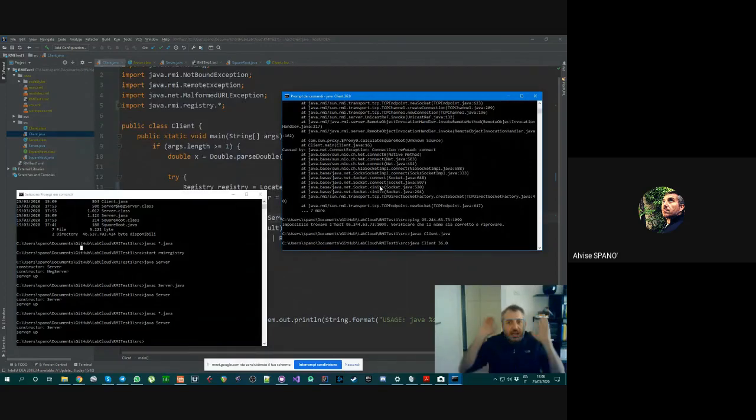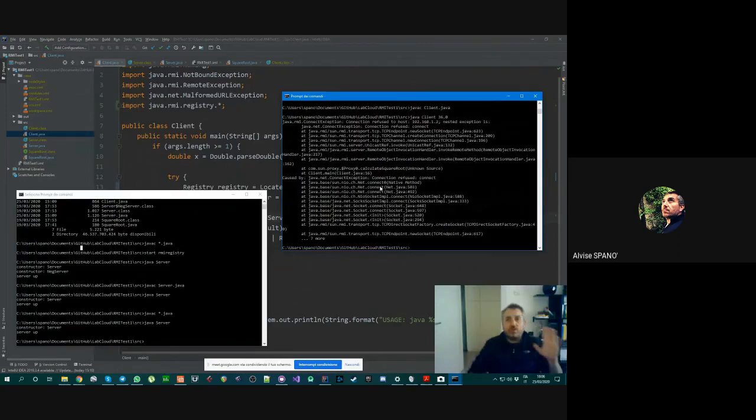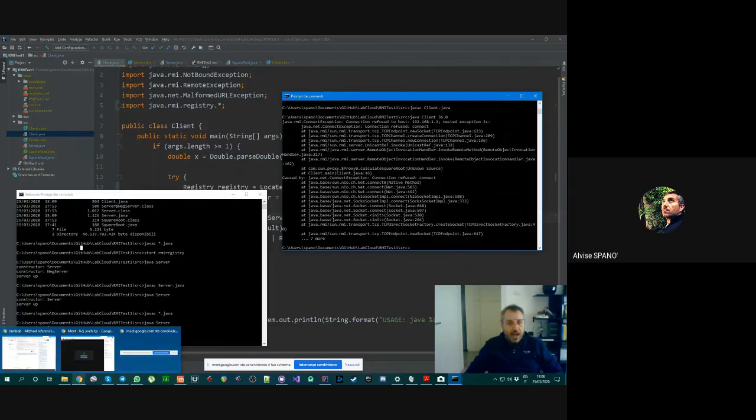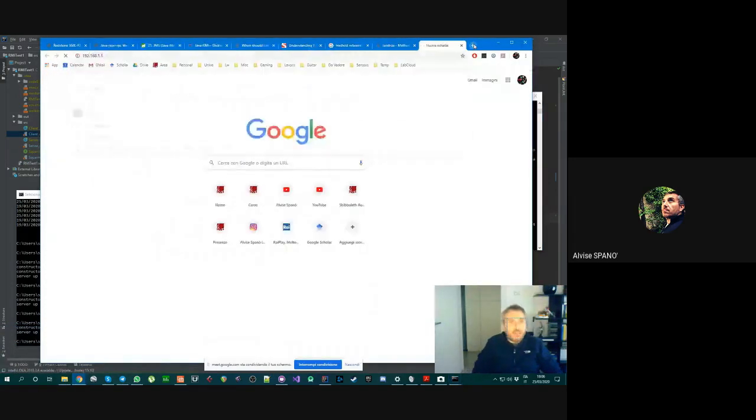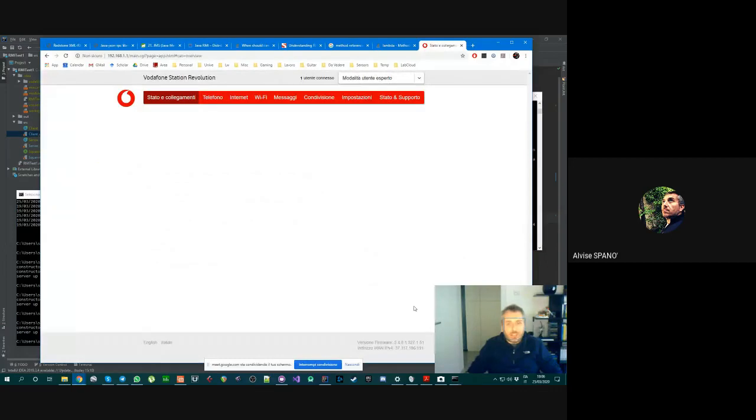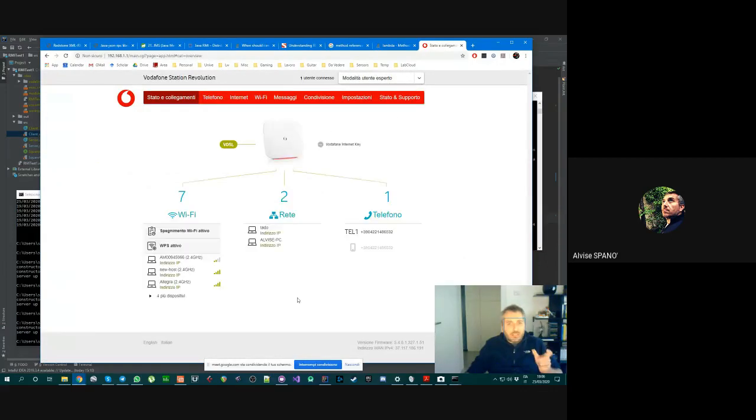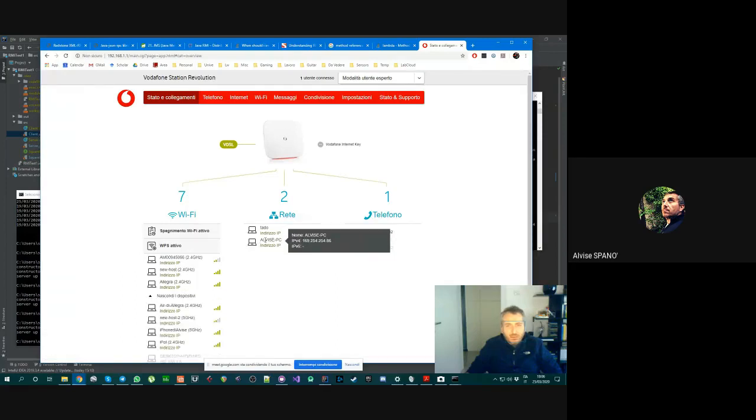I believe it is an outgoing firewall connection. I believe so, because you know when you see connection refused, and look, connection refused to host 192.168.1.2. And what is this host? Let me see in my router what is the name of my computer, what is the IP of my computer, if I want to see if my computer has that IP. No. My global. Okay, yeah, so probably it's my bad. I don't know. I tried, but